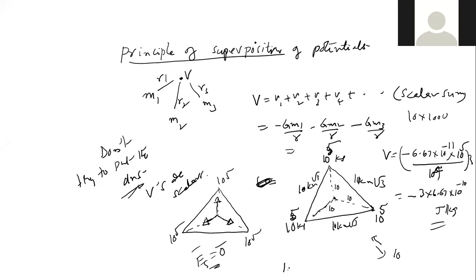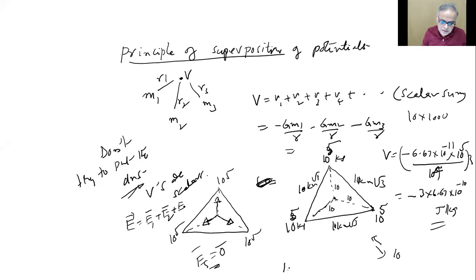Yes, its field strength will be a vector. This is the vector sum: E equals E1 plus E2 plus E3. This is only a scalar sum, you add it like numbers. Here you add it with directions. You know very well, the sum of these two will be like this and equal to this, so this and this will cancel out. Many times we did it already by now.